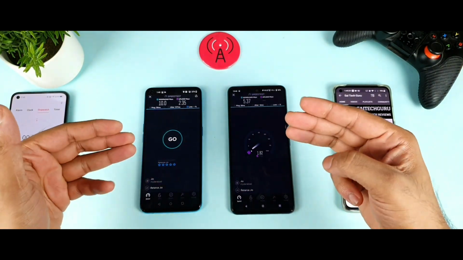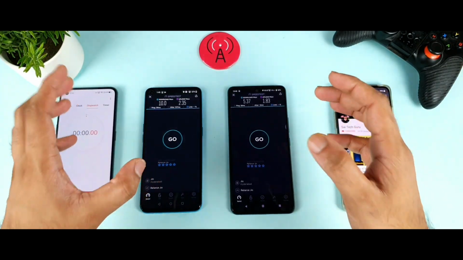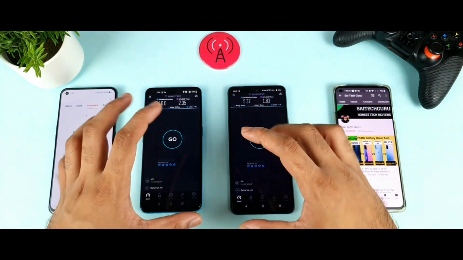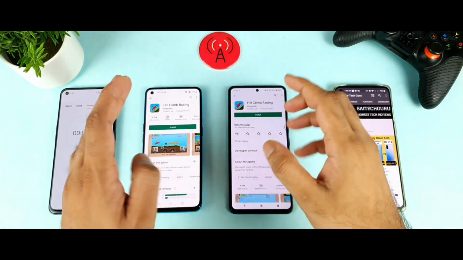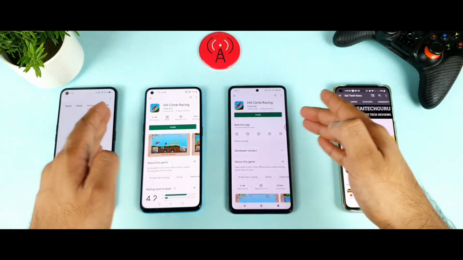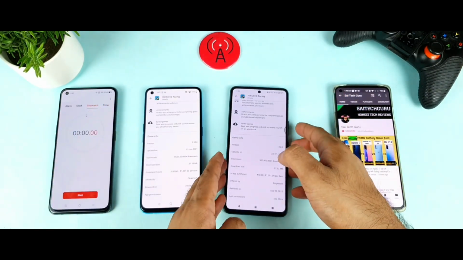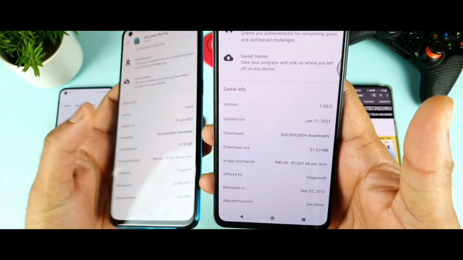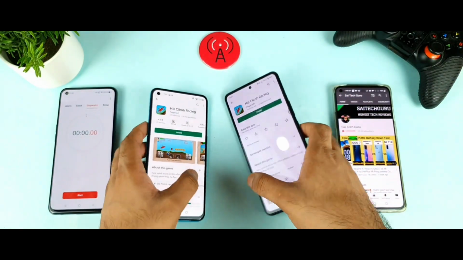Now the third step is the download test. Let's see which phone can download faster. That is what I'm going to test right now. Let me get the game ready in the Play Store. It is exactly the same game I'm downloading on both phones, as you can clearly see, friends. Both phones should have the same kind of memory, I think. As you can see, it's 57.53 MB on both phones. Let's see which phone downloads faster.